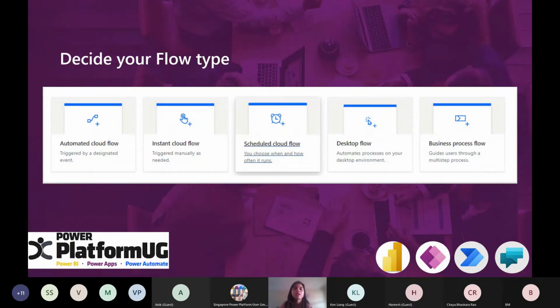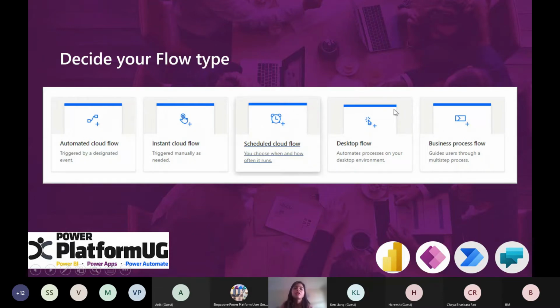Based on your scenario, you can decide what your flow type is. There are 5 types you can start configuring: the automated cloud flow, instant, scheduled, desktop, and business process flow.